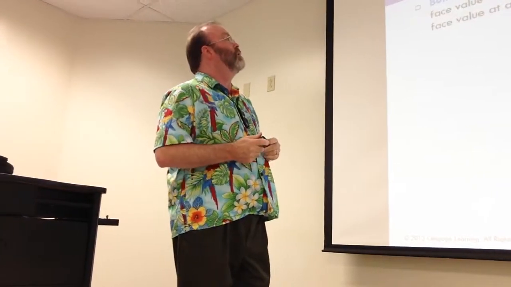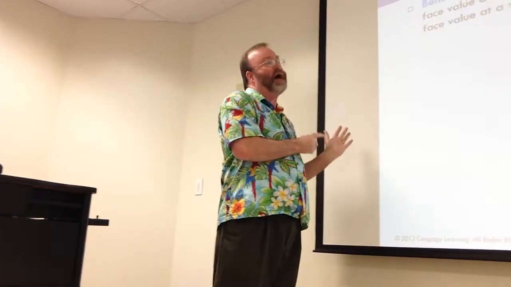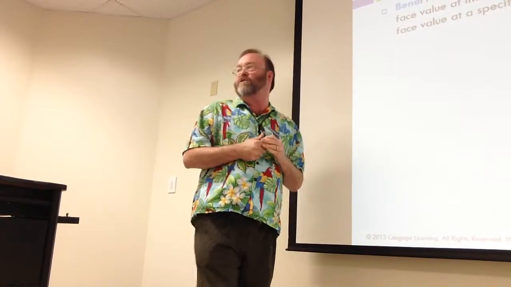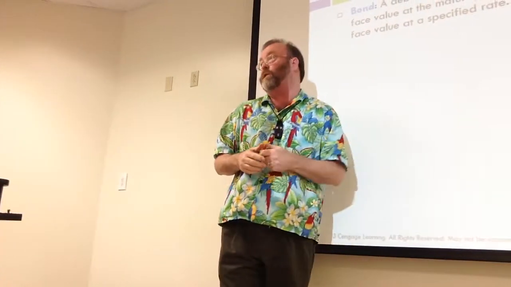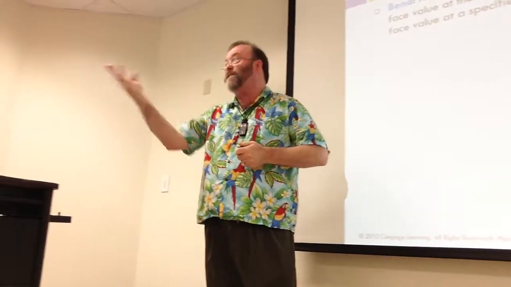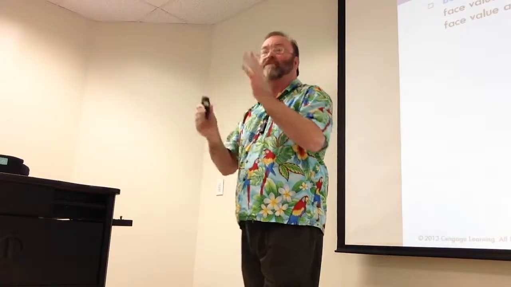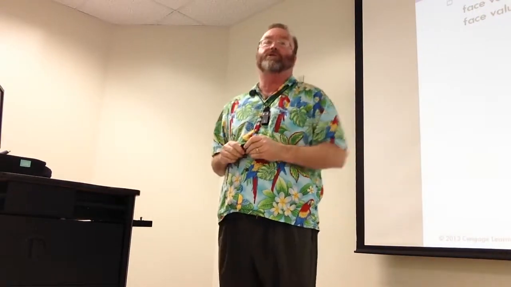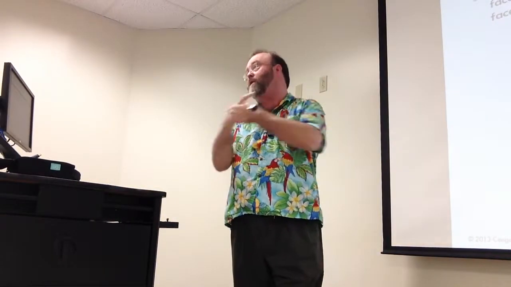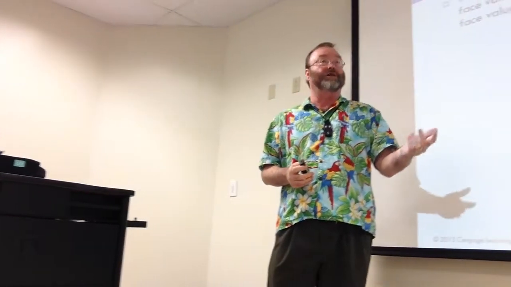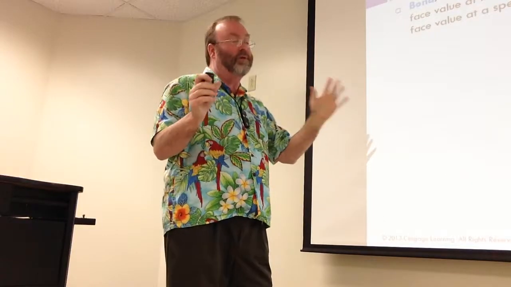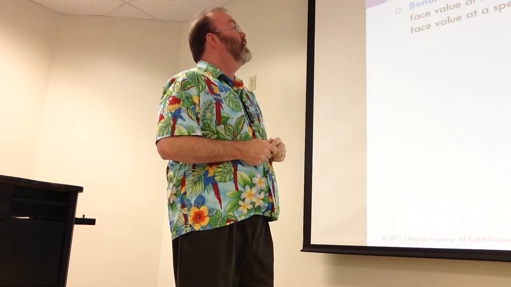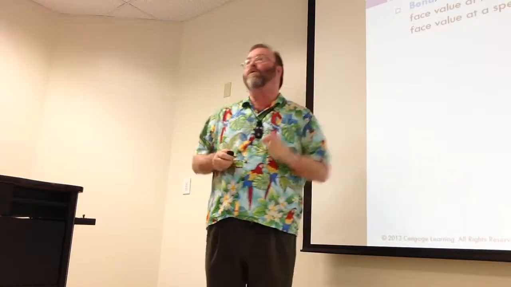All right, so bonds first. We'll talk about bonds and then we'll talk about non-interest bearing notes, which is the opposite of what we were doing in chapter 13 on investing, selling something and receiving a non-interest bearing note. In this chapter we're going to look at the journal entries from the opposite side and how to calculate interest expense rather than interest income that we were doing before. But the process is the same. So a bond is a formal security.